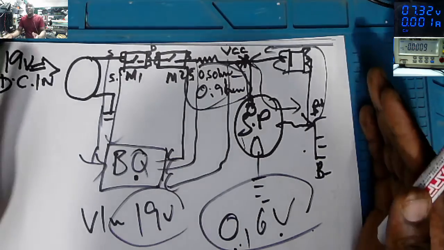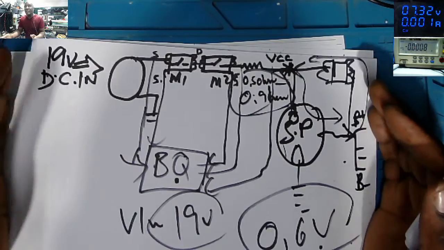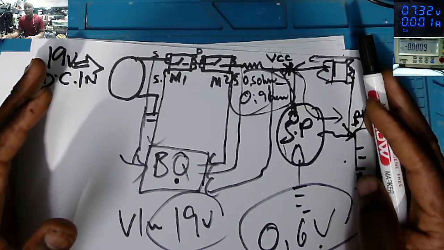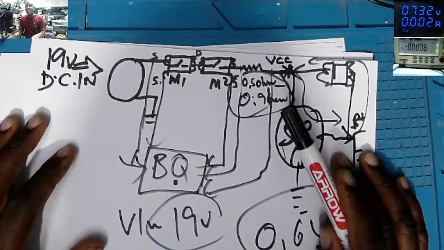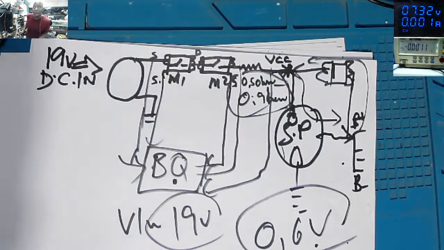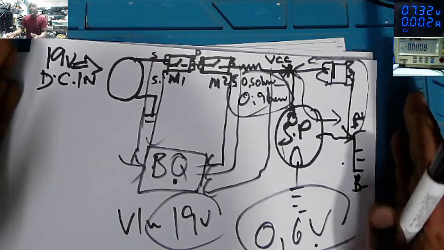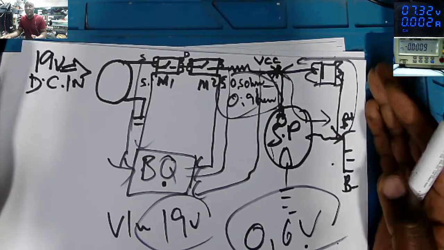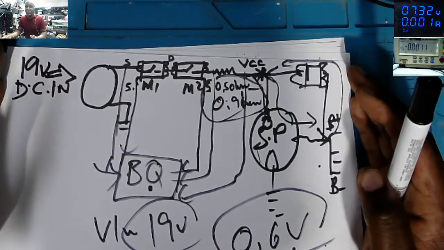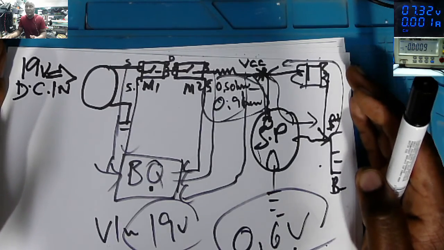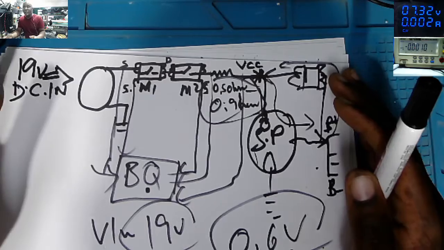So that is the first step on diagnosing laptop motherboards. Try to understand the input circuit, because 90% of the problems come from this power supply, the main 19 volts power rail, if not the 3.3. Okay,